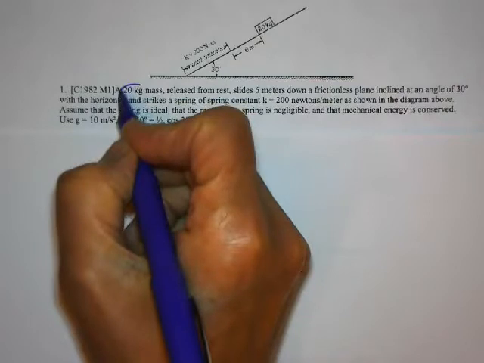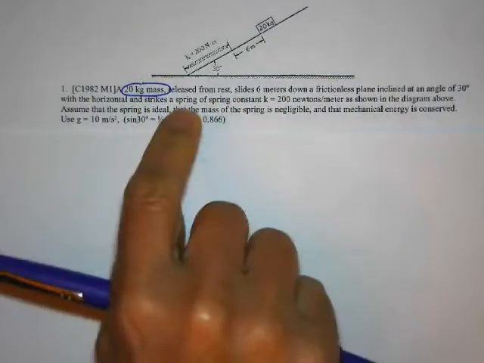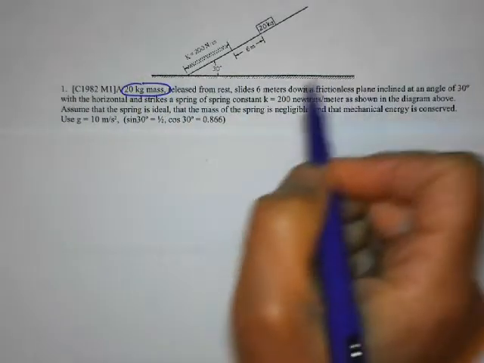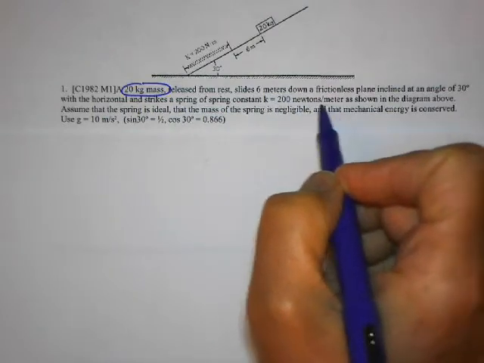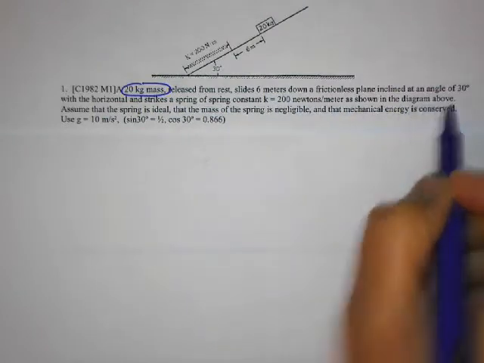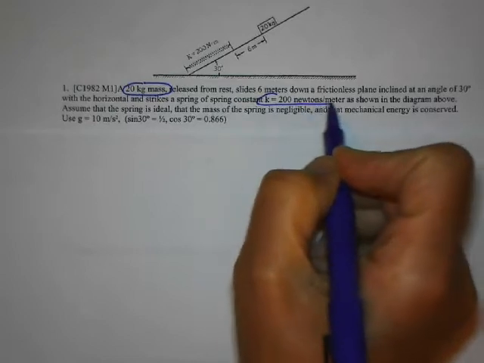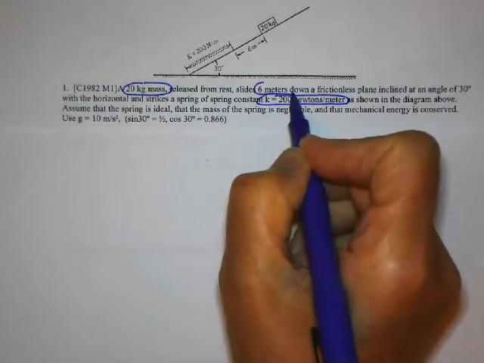A 20 kilogram mass released from rest slides 6 meters down a frictionless plane inclined at an angle of 30 degrees with the horizontal and strikes a spring of spring constant k, as shown in the diagram. And again, we want to circle all the important information. Assume the spring is ideal and that the mass of the spring is negligible. All right, so the first part says